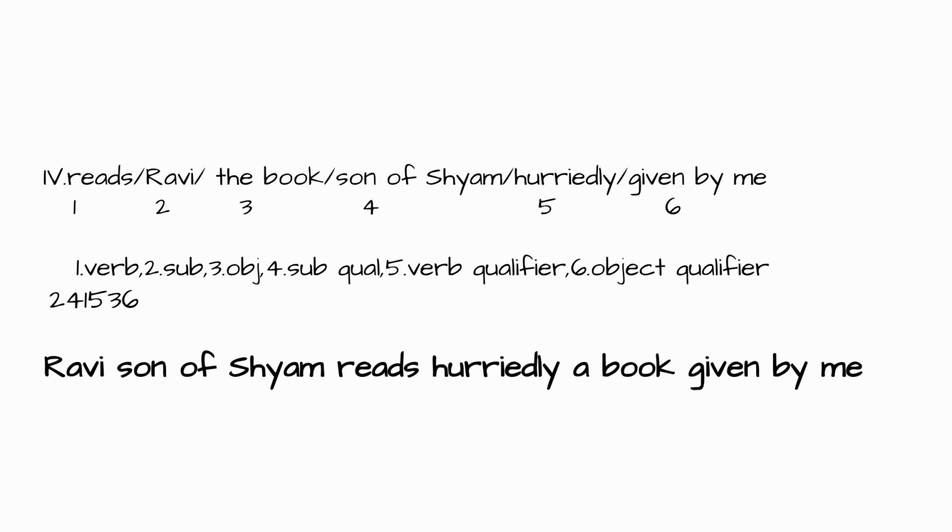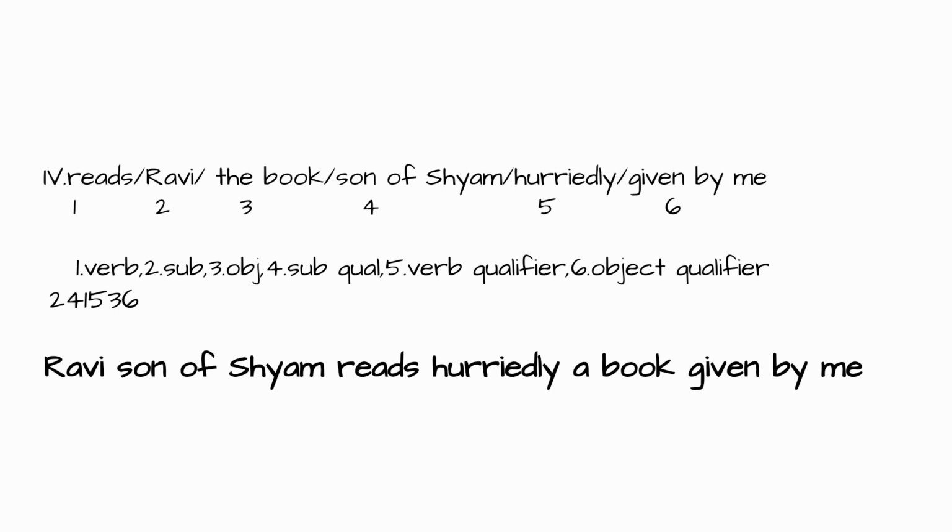Okay. So now, as you know already, first we have to keep the subject and then the subject qualifier, then the verb, then the verb qualifier, then lastly the object. If an object qualifier is there, then it comes at the end of the sentence. Now, as per this information, if you want to rearrange these jumbled words 1, 2, 3, 4, 5, 6, then it will become 2, 4, 1, 5, 3, 6.